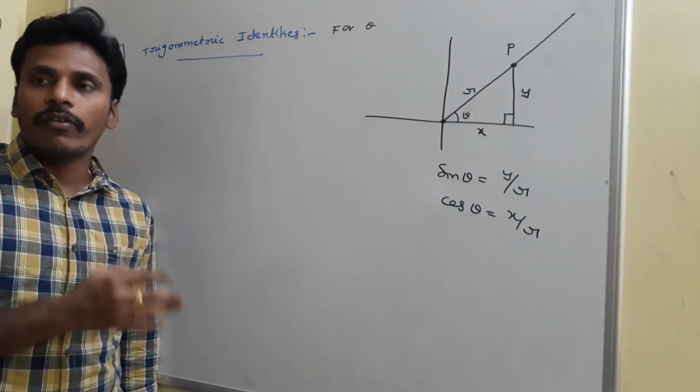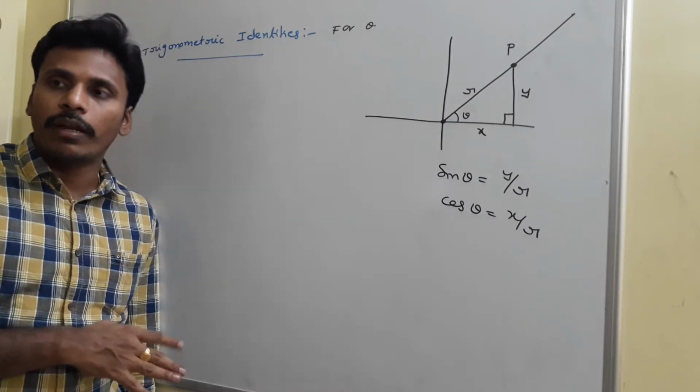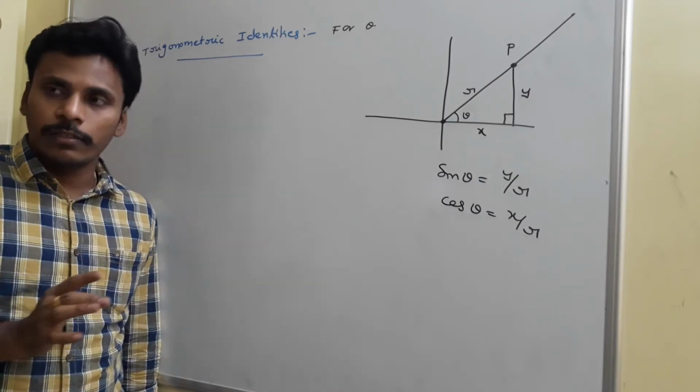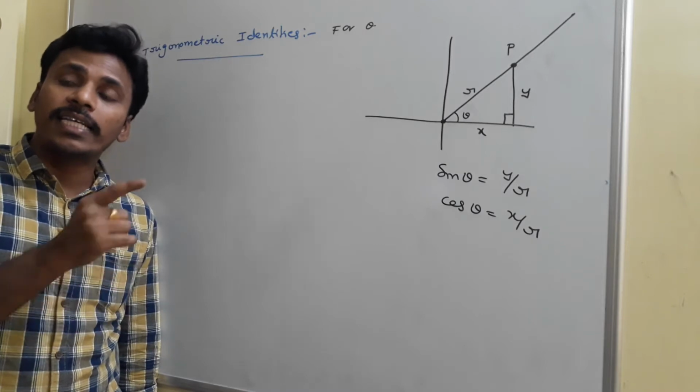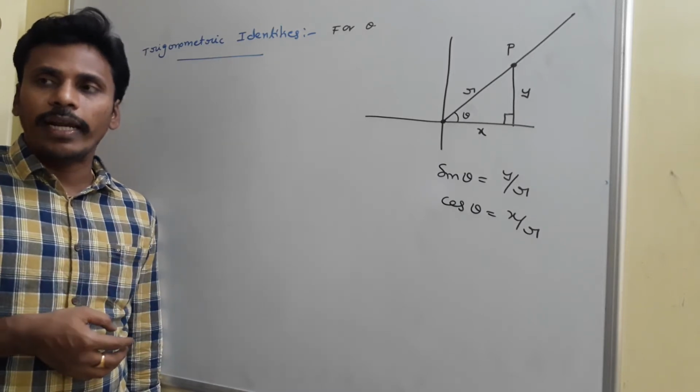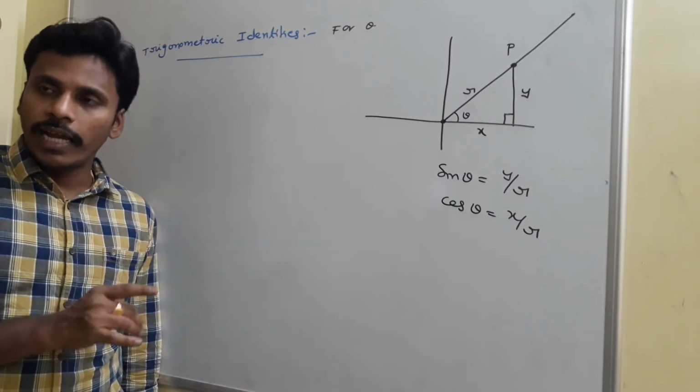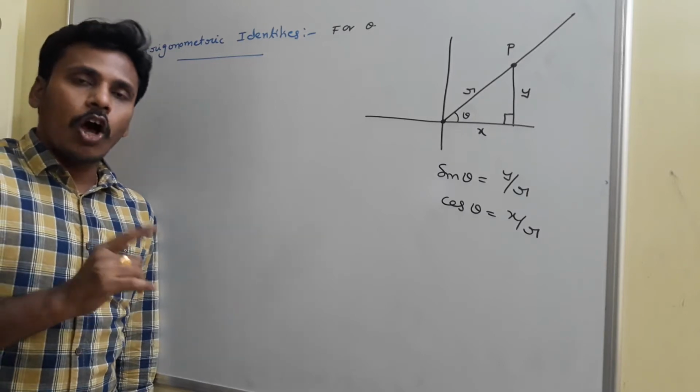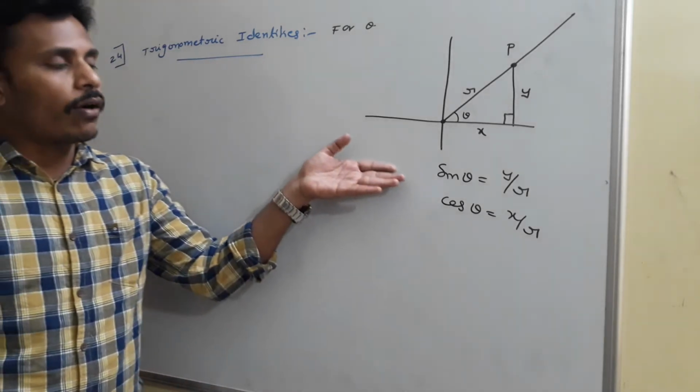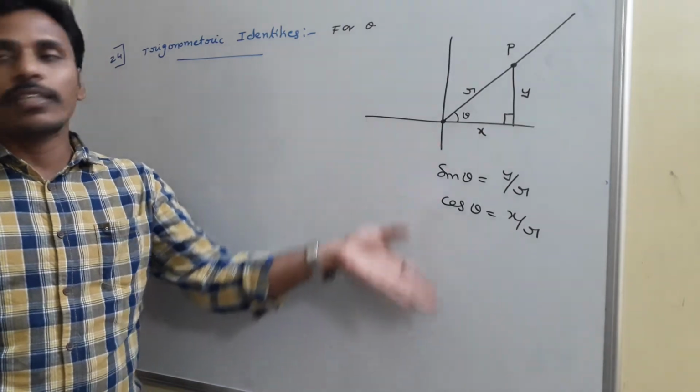So if you have an angle theta, then to define the trigonometric ratios, you need to construct a terminal ray and take a point P on the terminal ray. From there you just do like this. And if you know that it is an acute angle, then you may use a right angle triangle also. If theta is acute, use a right angle triangle. In all the other cases, you need to write the trigonometric ratios in such a manner, right?